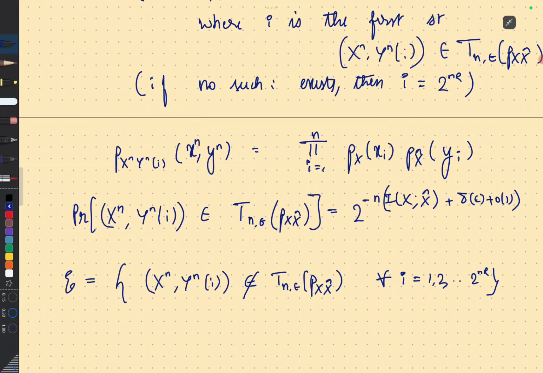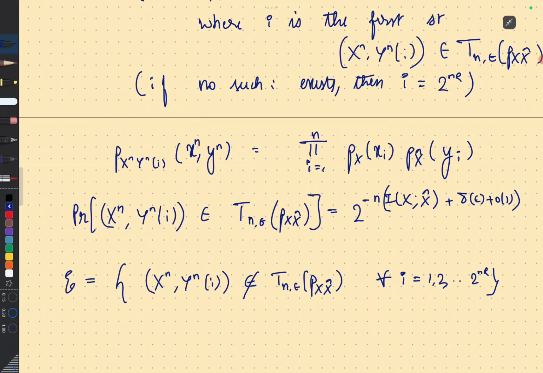In this, when we are taking an event, we have said that this event is independent of px and px hat. The event is dependent on xn and xn hat. They are both independent. Xn and xn hat are independent of each other. In this case, xn and yn are independent of each other. Now we are taking the probability of this belonging to Tn epsilon. So when xn and yn are drawn independently, xn drawn IID px, yn drawn IID px hat,